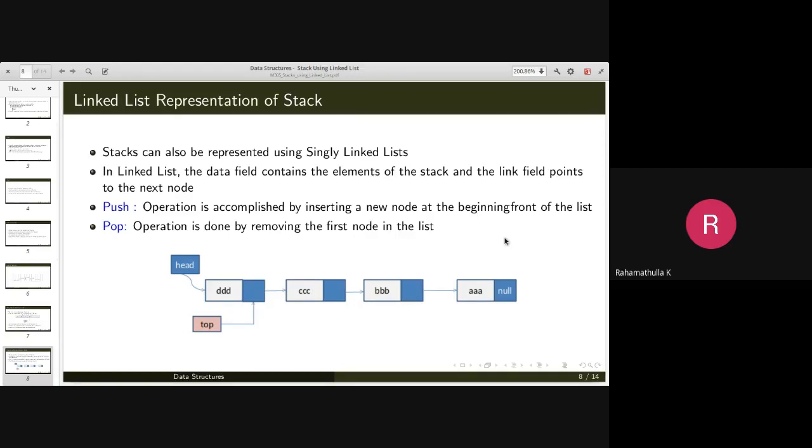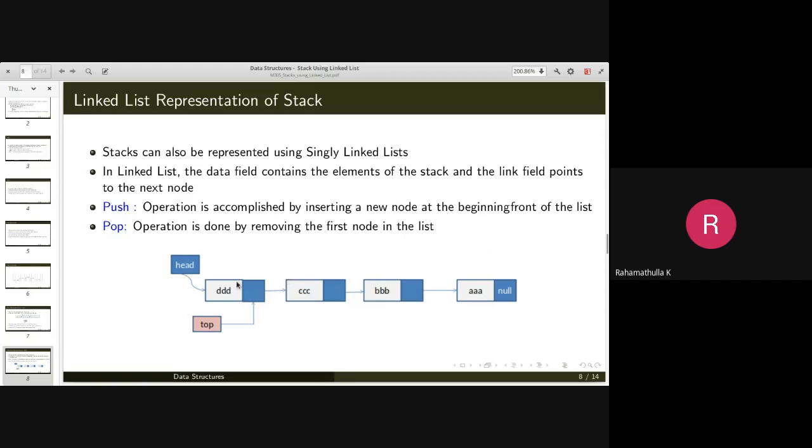Coming to the linked list representation of the stack, in a linked list node you have two things. First is your data item, and the second entry is a link field which you will use to point to the next node.